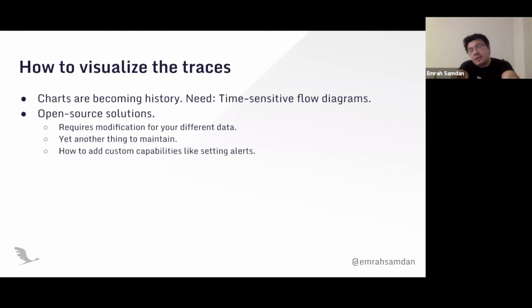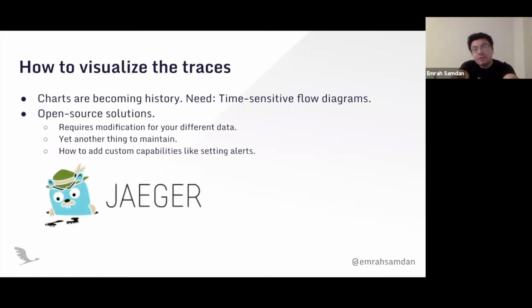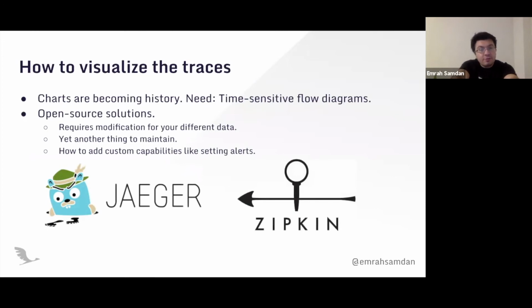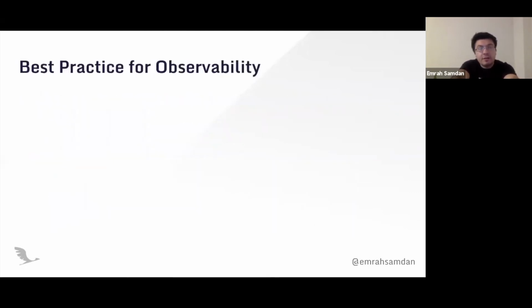And let's say that you'd like to set up alerts on top of that. How would you do this? The most known solutions are Jaeger and Zipkin, and these are actually very, very powerful. But as I say, they're powerful for visualizing, but they don't extend functionality, as they are not supposed to. And the best practice I can say, again, don't try to build it yourself.